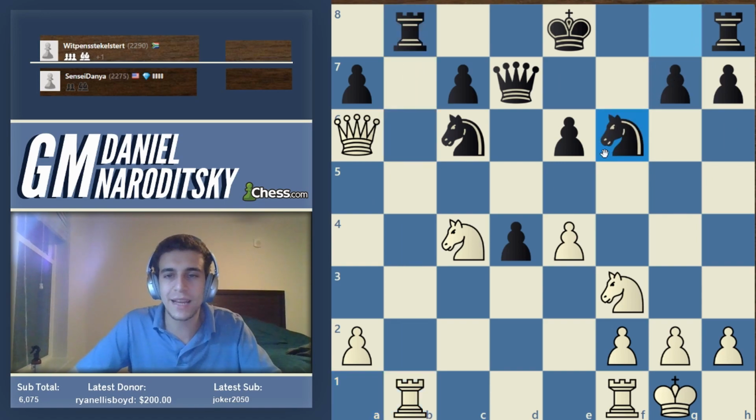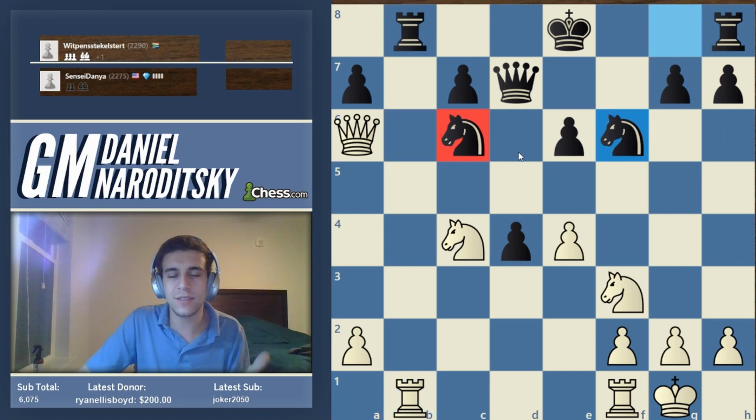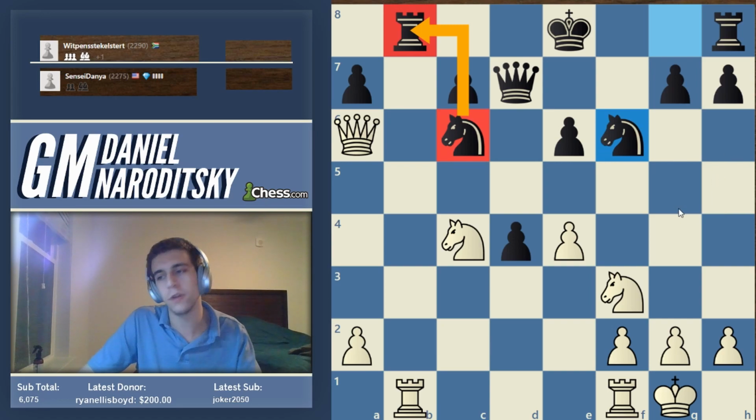And if black ignores this, the knight on c6, you guys should already be aware of, right? This knight is very vulnerable. This knight is also defending the rook, which means the knight is overloaded. What is a very simple way to take advantage of this overloaded knight? And that is to play...